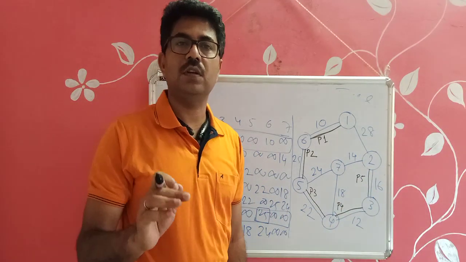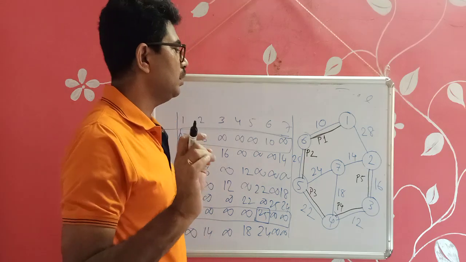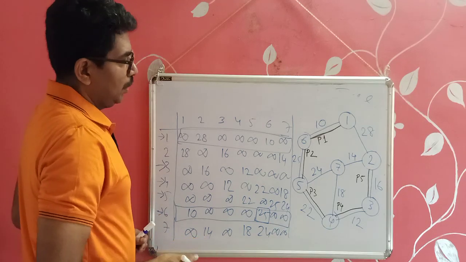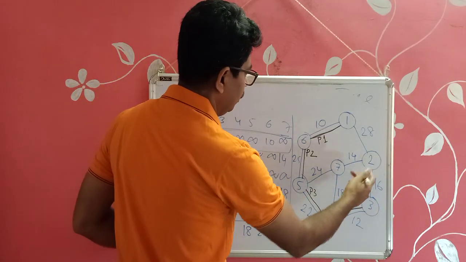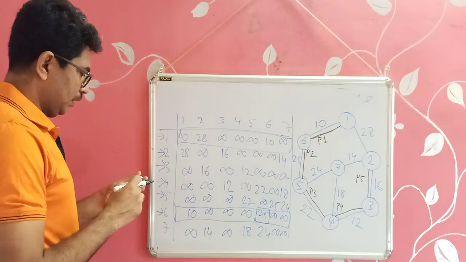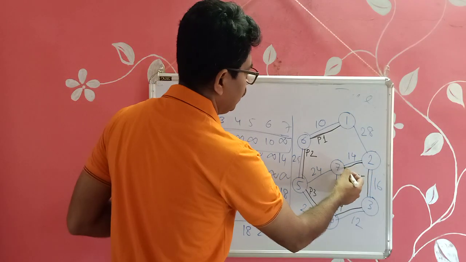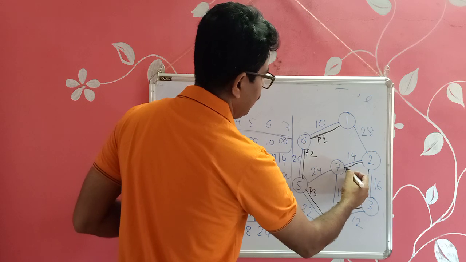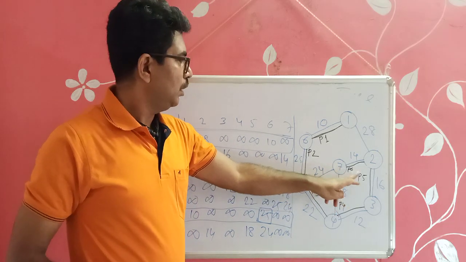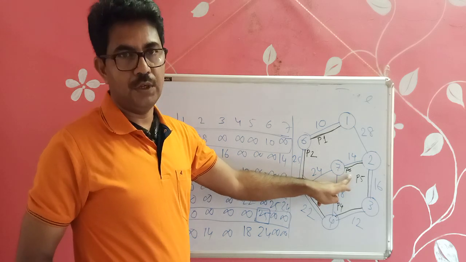So it should be 6, because n is the number of vertices, 7, so 7 minus 1 is 6. There must be at least 6, and obviously at most 6. Then after selecting this, we have to again check among all these which one is the minimum. And if we go for selecting this, obviously we will get this is the minimum one. So this has been selected by Prim's in the 6th step. And since this is the 6th edge and there are 7 vertices, we have to terminate the algorithm here.